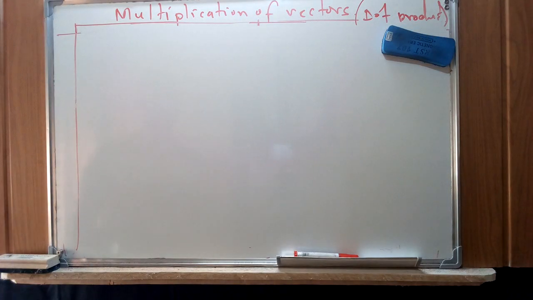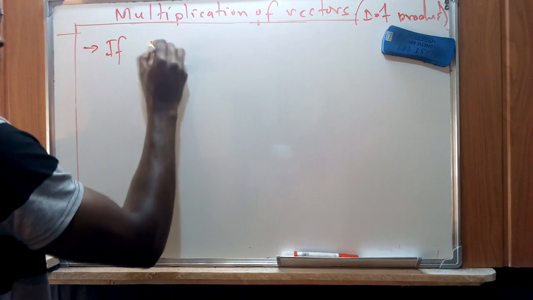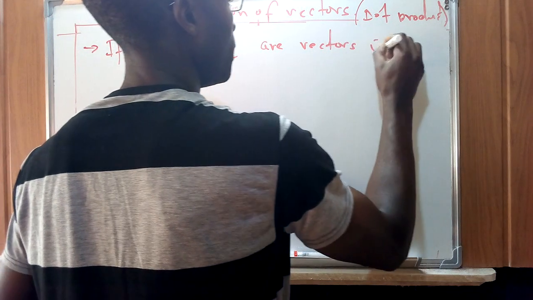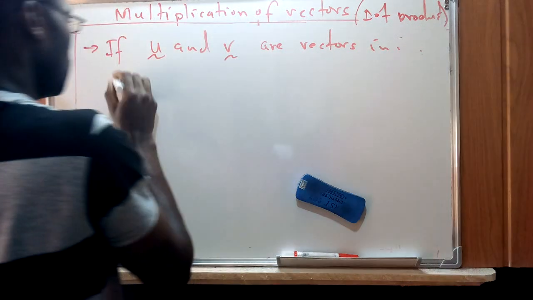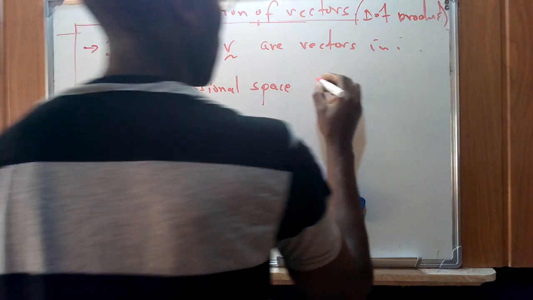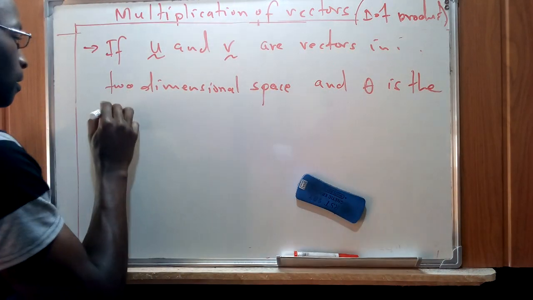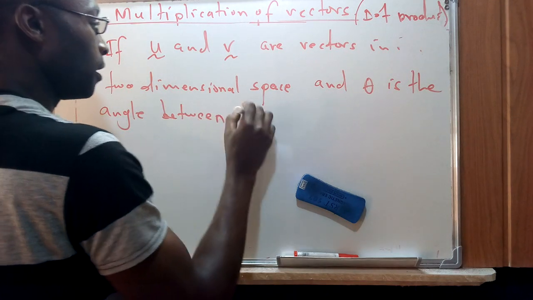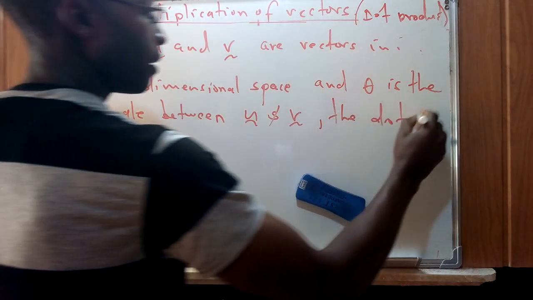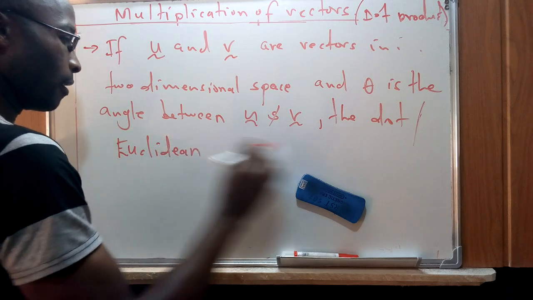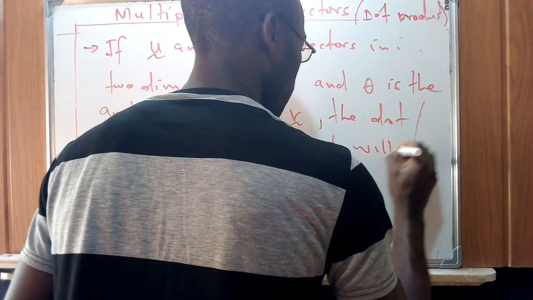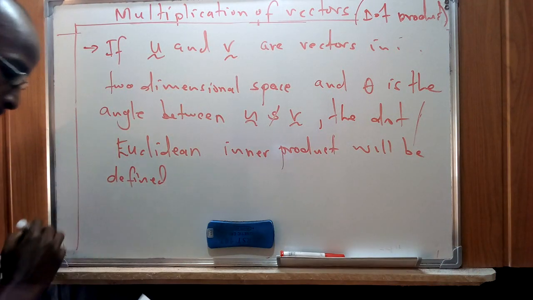The statement is: if U and V are vectors in two-dimensional space, and theta is the angle between U and V, the dot or Euclidean inner product will be defined by